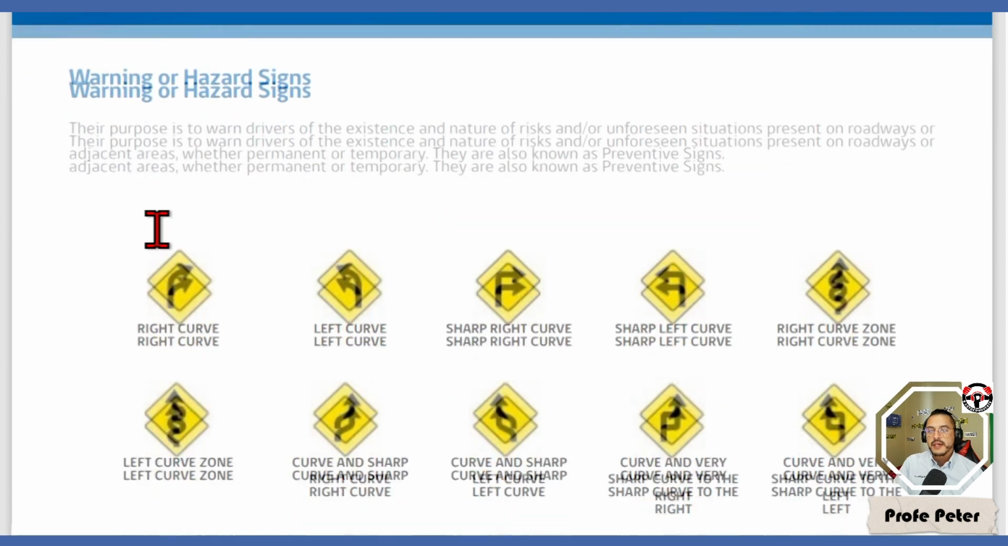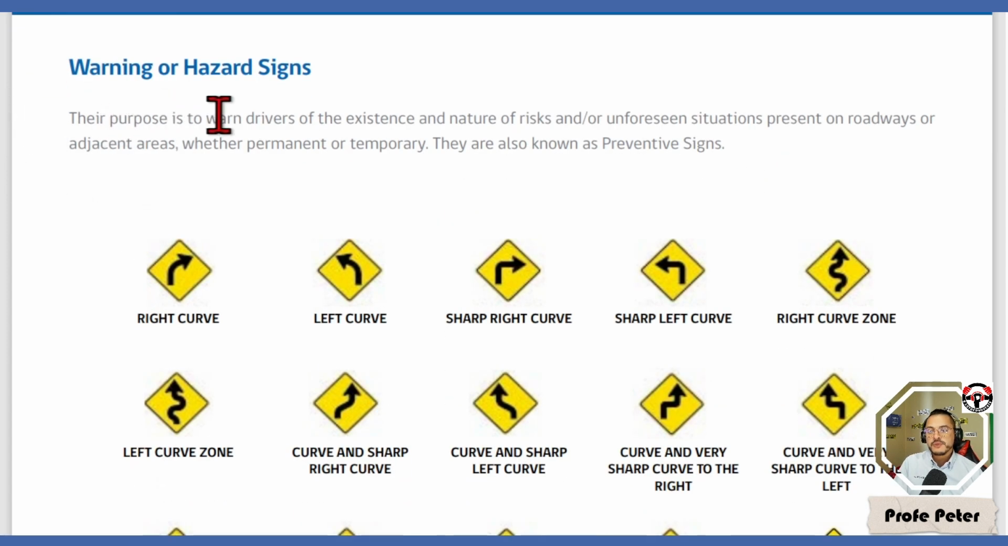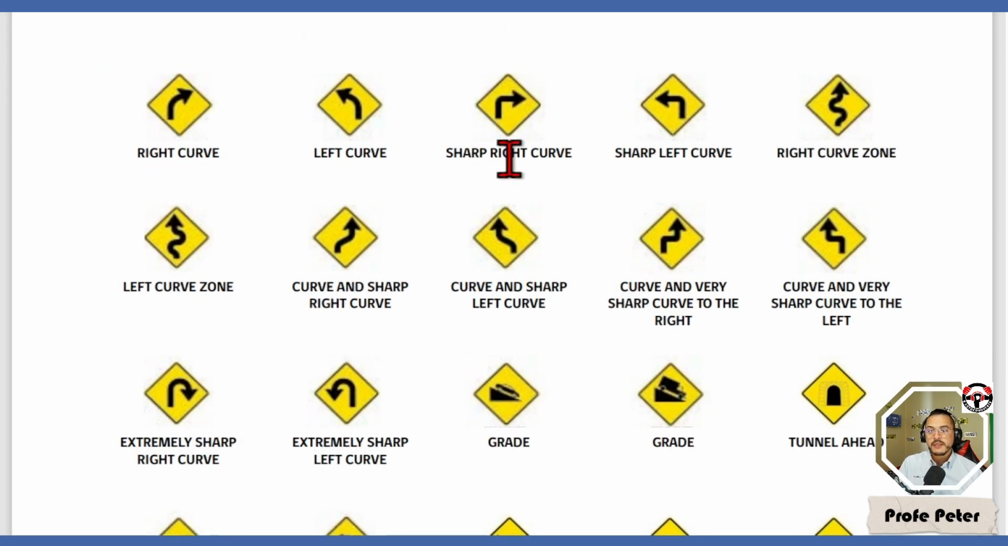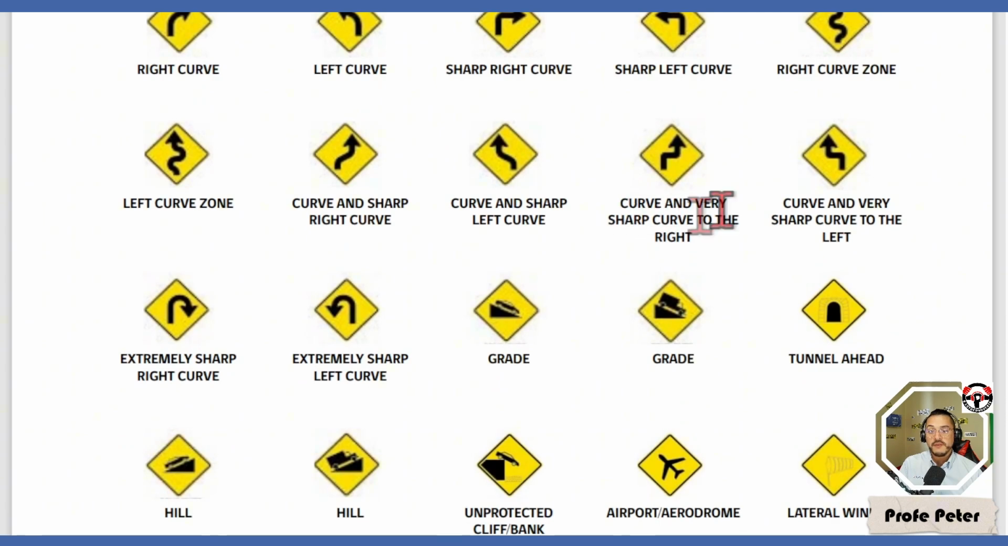Warning or hazard signs. Their purpose is to warn drivers of the existence and nature of risks and or unforeseen situations present on roadways or adjacent areas, whether permanent or temporary. They are also known as preventive signs, like right curve, sharp right curve, sharp left curve, zone, left curve zone, curve and sharp right curve and sharp left curve and very sharp curve to the right, curve and very sharp